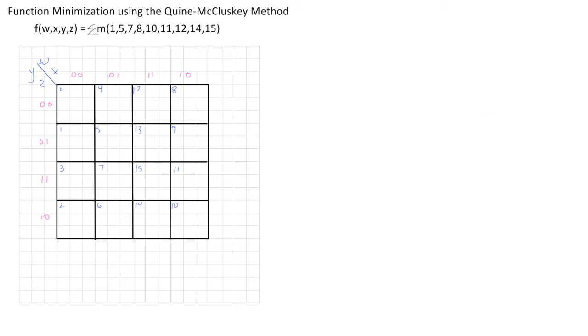Alright. For our minterms: 1, 5, 7, 8, 10, 11, 12, 14, 15. Okay. Let's see what we have here. The best way to group this would be, well, we know we're going to have to take this alone. And that's going to be W naught